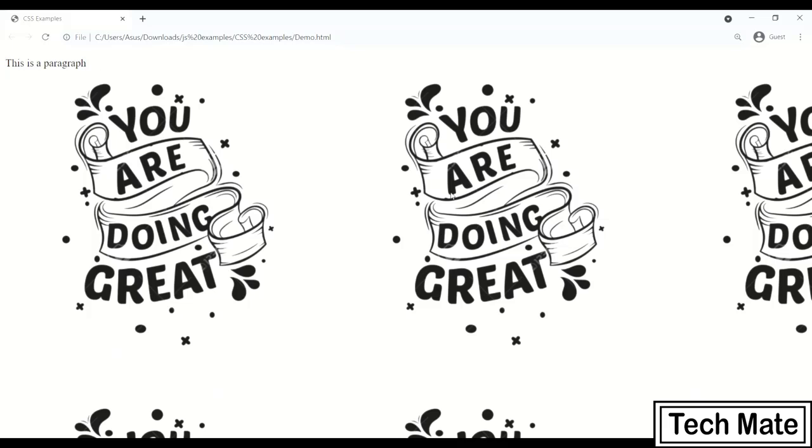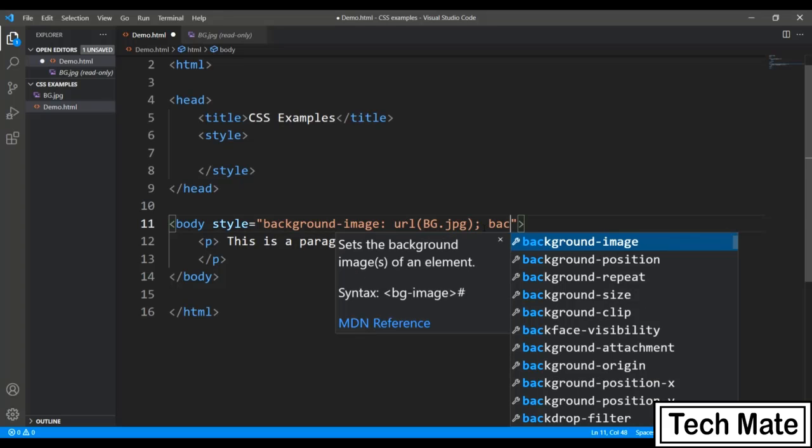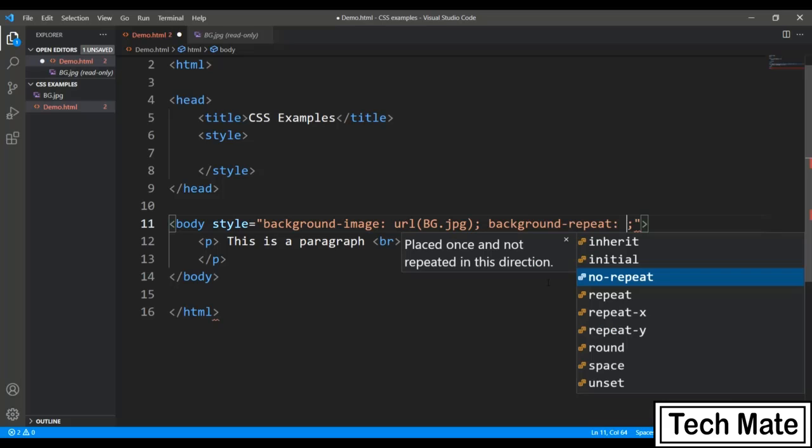Now, if you want, you can make some amendments to the same image. Like if you want to repeat this particular background: by default it is repeated horizontally as well as vertically, since the size of the image is smaller than the screen size. So I can pass a semicolon and apply the attribute background repeat.